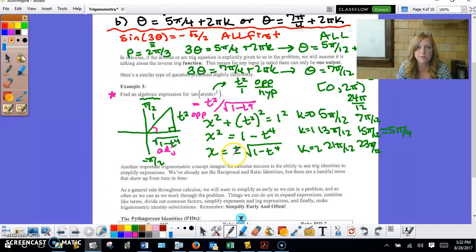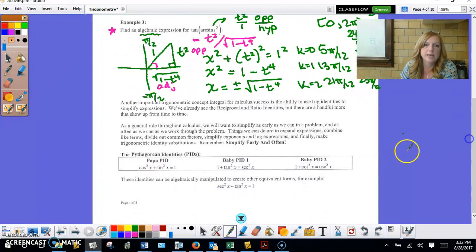So, a little review of that. And then the last thing that I'll talk about in this review set of notes is your identities. You do need to be familiar with identities. They're just handy